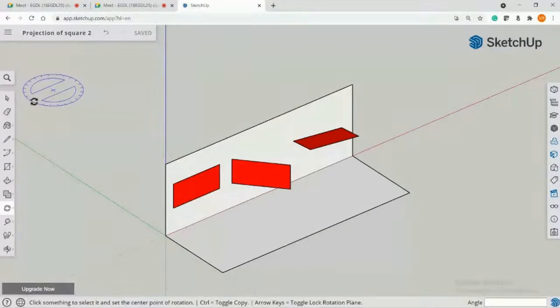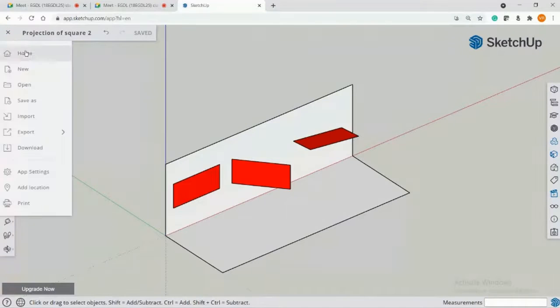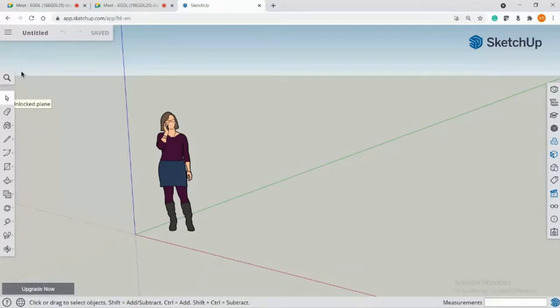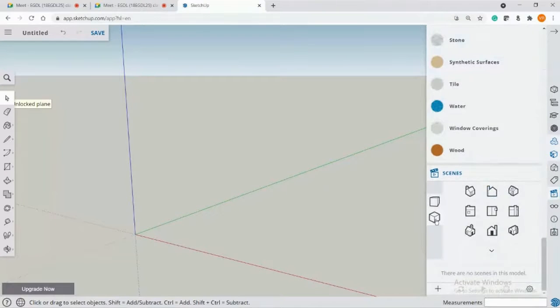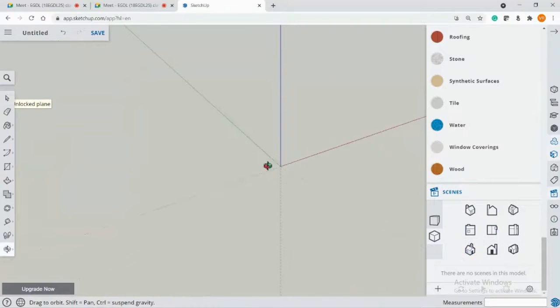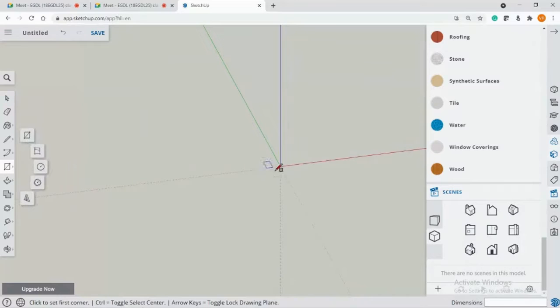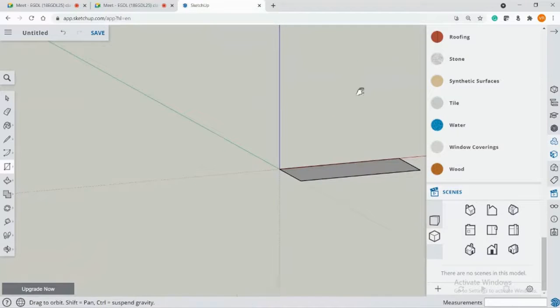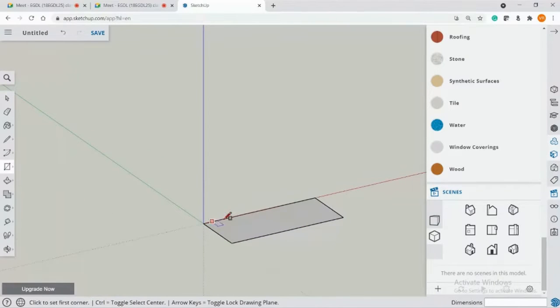Okay. Let me then select a new one here. Okay. Let me just delete her. Let me just make it as an orthographic projection. A front view and this is isometric. Yeah. I'll first draw the horizontal plane, and then I'll draw a vertical plane.